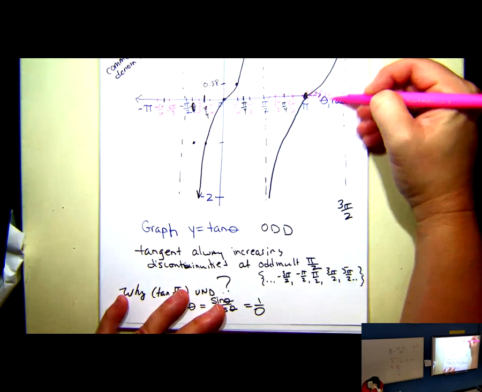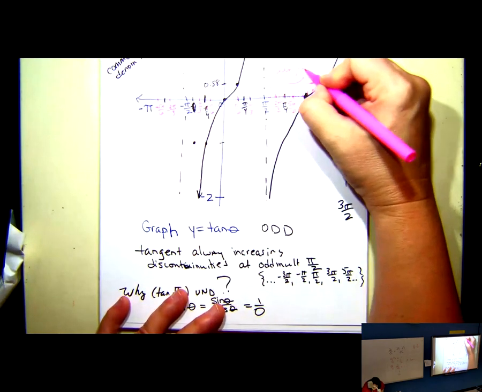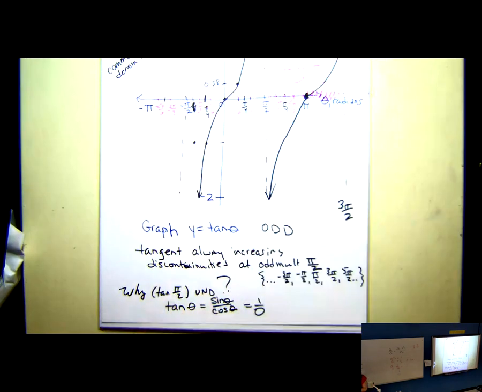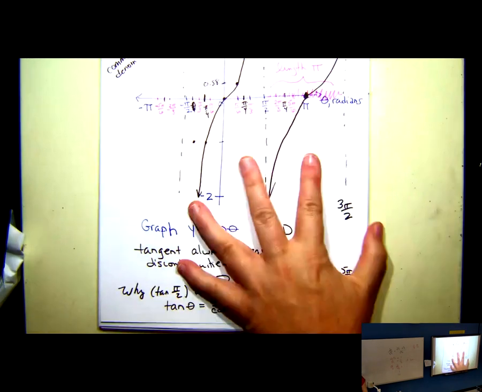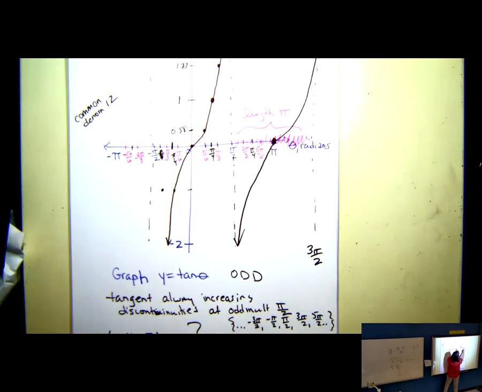For every interval length pi, we'll get 1 cycle of tangent. So between 2 asymptotes, we can draw an entire cycle of tangent. And it goes from being unbounded below, heading the axis midway, to